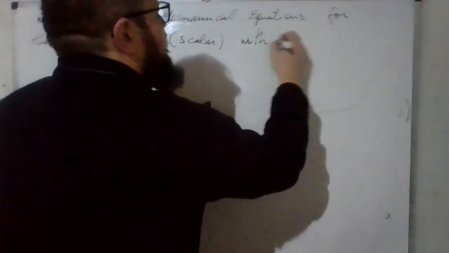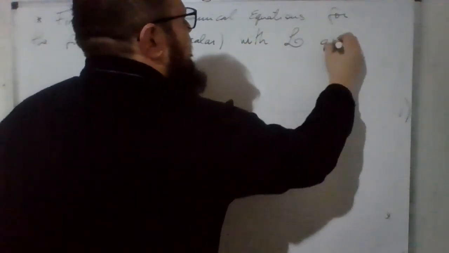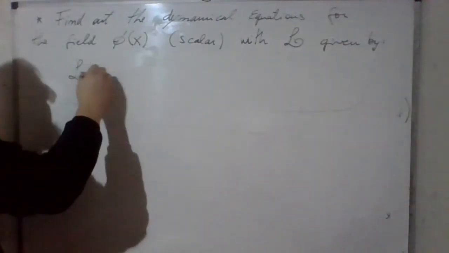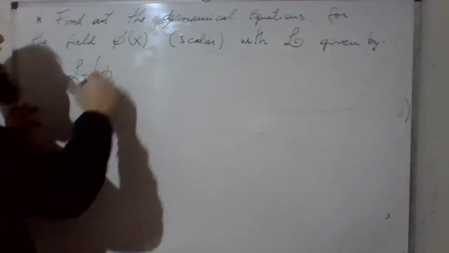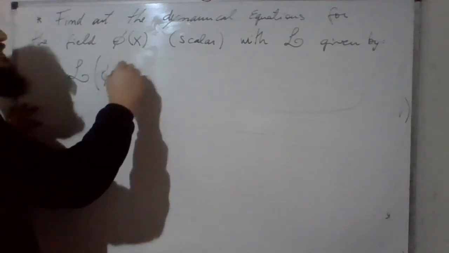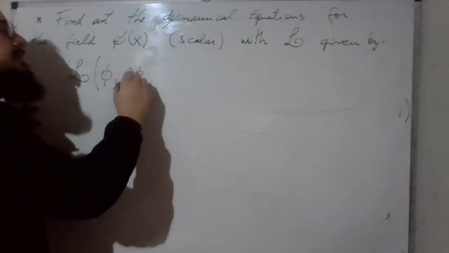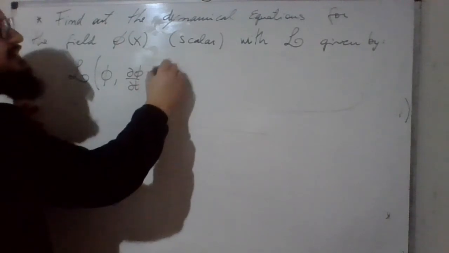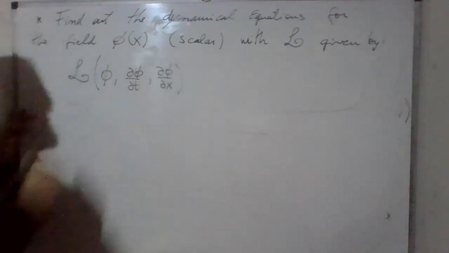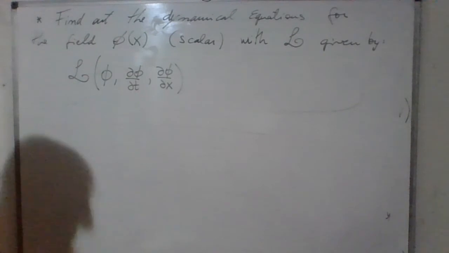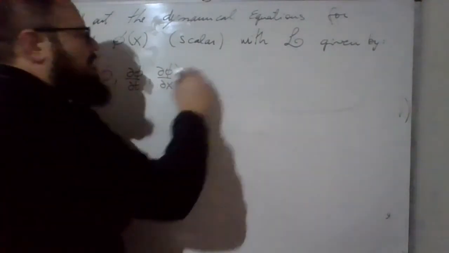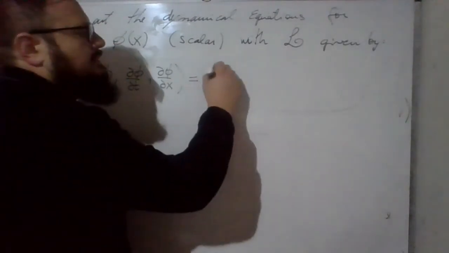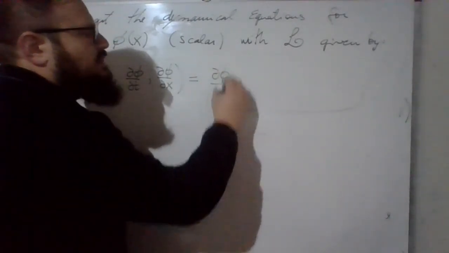with L given by, suppose, the following: in two dimensions, one for space, one for time. I need to have phi. I need to have a time derivative. I need to have a single direction here, x derivative. So this Lagrangian corresponds to d phi dt squared,